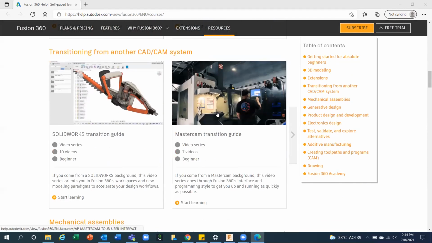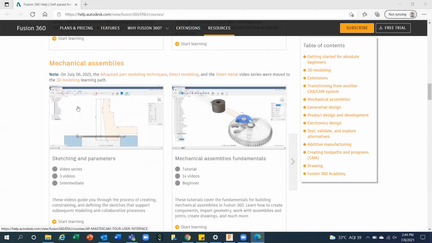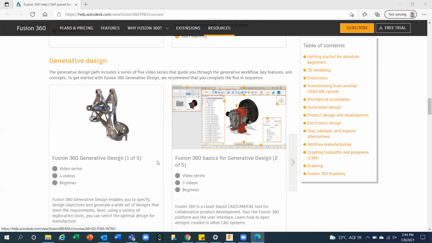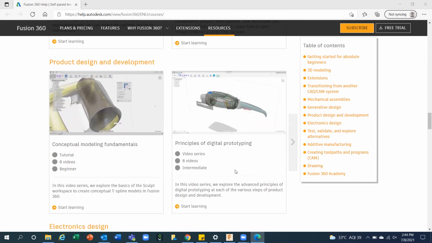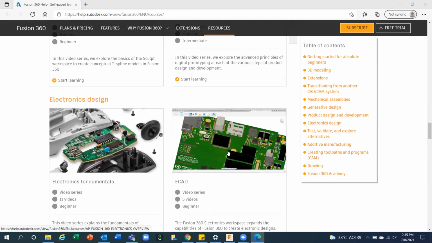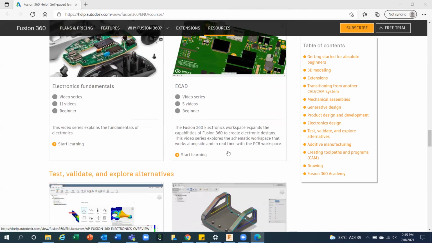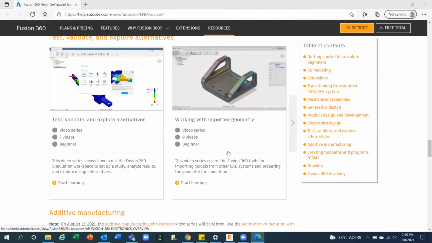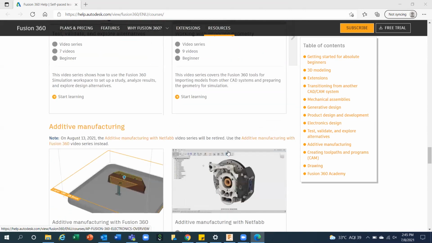Machining is not required. And then you can go for assemblies. You can see these videos, these are the complete videos available. If you watch these videos, then automatically everything will be revised, and you will be able to do a lot of things in Fusion. All these things come into the category of self-learning, which is available along with your Fusion. So you can go through all these videos whenever you have time after this workshop.